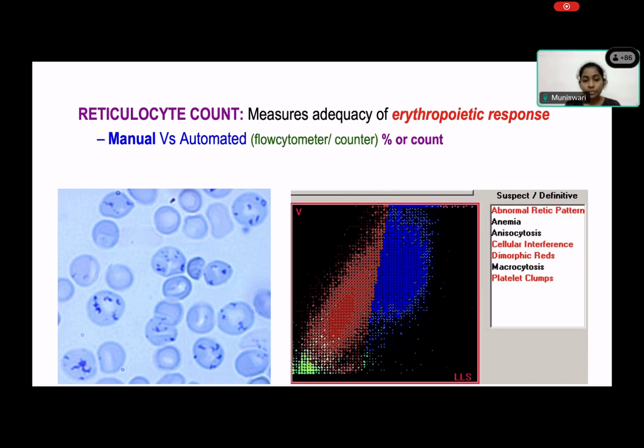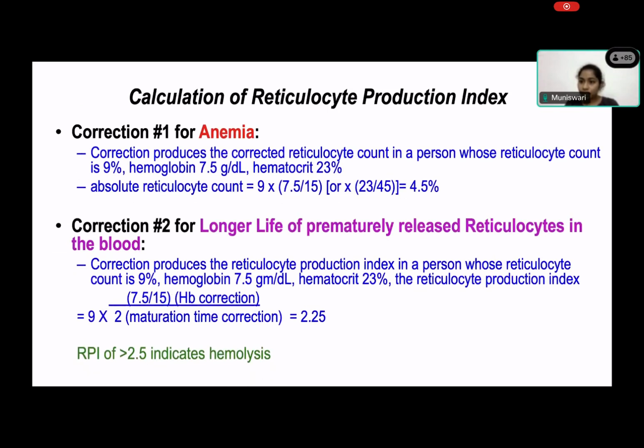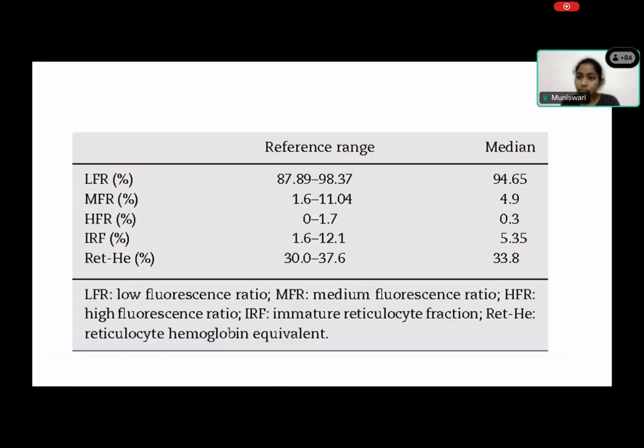They do the immature reticulocyte fraction; the IRF parameter will be there. Towards the most right side, this IRF fraction will be there, and as it comes towards the left side, the mature stages will come. Okay, so we have these parameters which we are able to see on the automated blood cell counters, which is